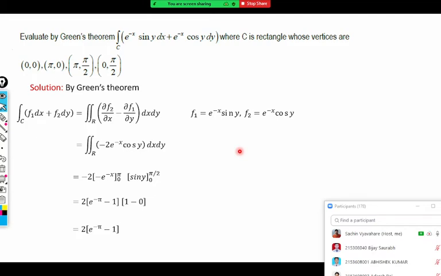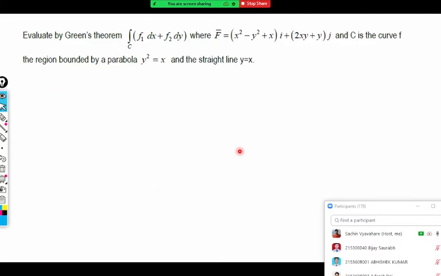Okay, so that is about Green's theorem. There is probably one more question here, and I will check whether I solved it or not. So you will clearly observe for this integral, what are f1 and f2? Here is f1, and this is f2. Got it? Yes, sir. And we have to evaluate over the region bounded between these two curves. So again, by Green's theorem,